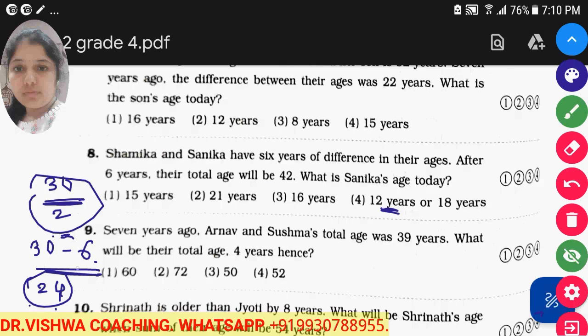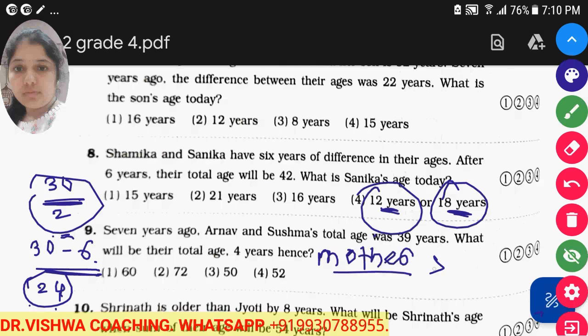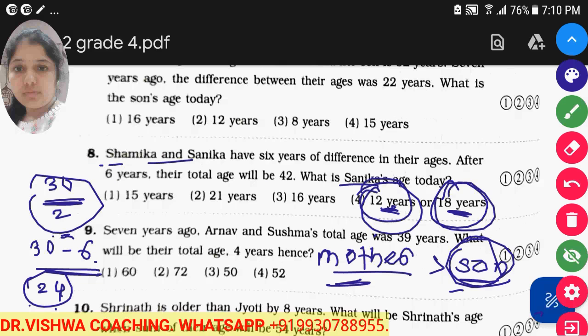So younger one's age is 12 years and elder one's is 18 years, 12 or 18, because we don't know who is younger or who is older. If mother and son are there, then we can directly say that mother is always elder than son, so the smaller age is of son only. But here we don't know whether Sanika is elder or Shamika is elder, so either their ages will be 12 or 18, because 12 years is for the younger one and with a 6 year age difference, 18 years is for the older one. Okay,